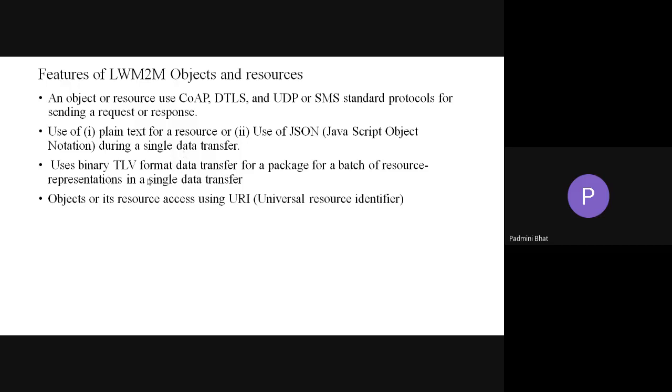Use binary TLV format for a package or batch of resource representations in a single data transfer. Objects or their resources are accessed using a universal resource identifier, as identified earlier. So during execution, it will not call the resource. That is lightweight.